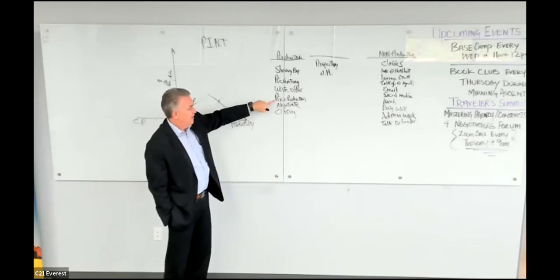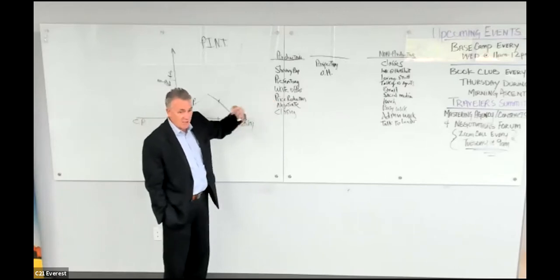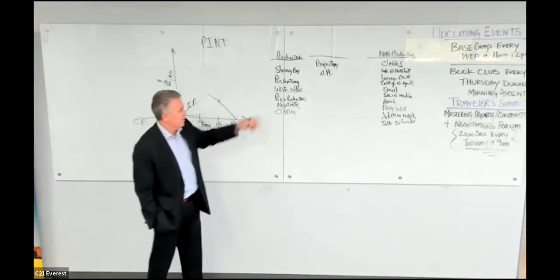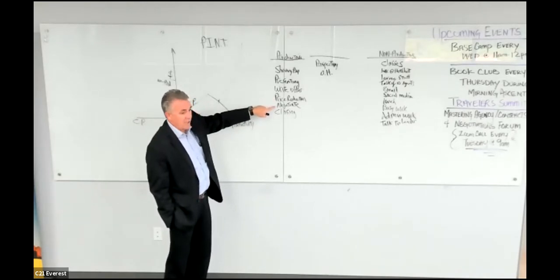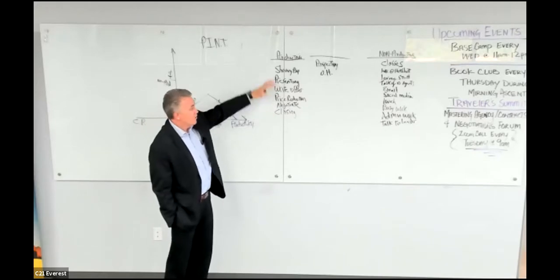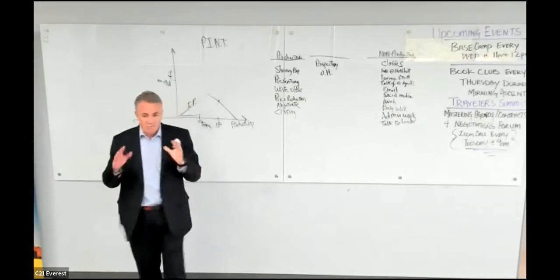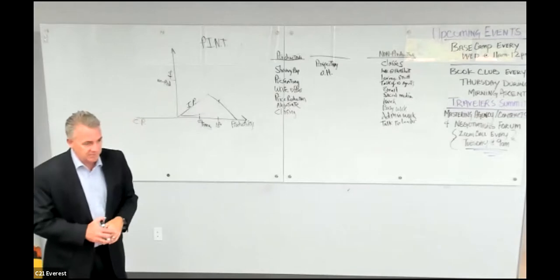Price reduction, again because of Dotloop we're not in front of them as much as we used to be. If I'm negotiating, I'm with the client. Closing, the client's there. So notice these productive items, basically what they have in common is